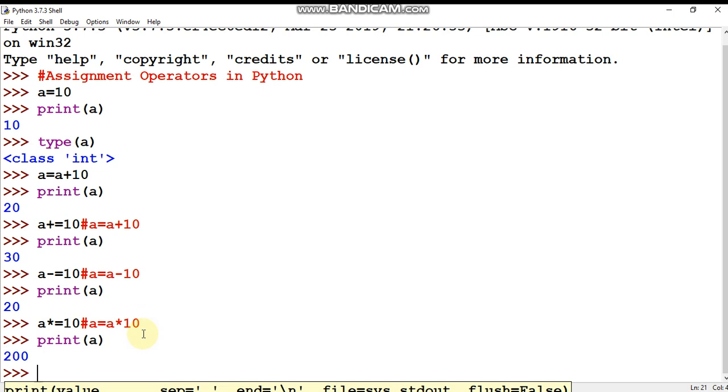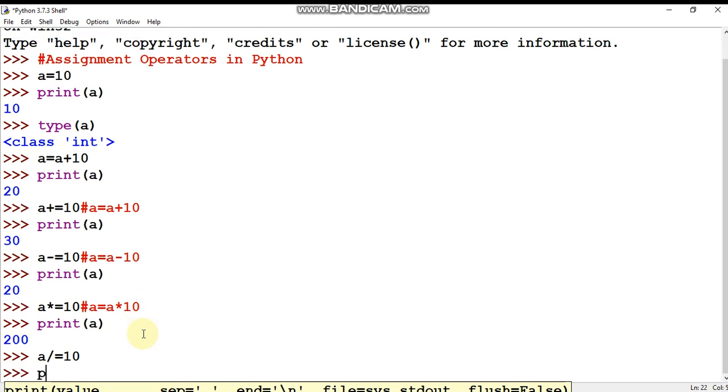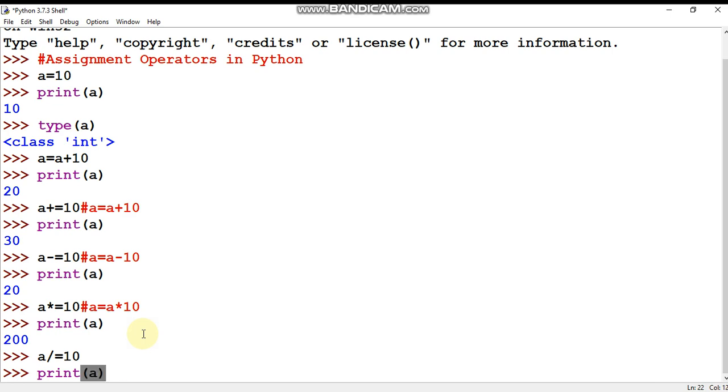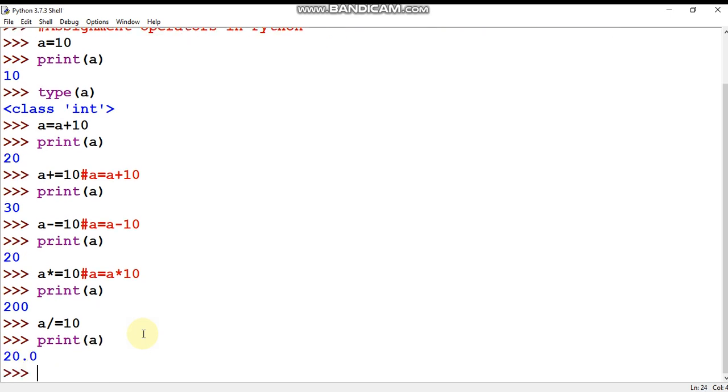The same way you can use a simple division equal to 10. It means a divided by 10. So the value of a will be 20. You can see here.